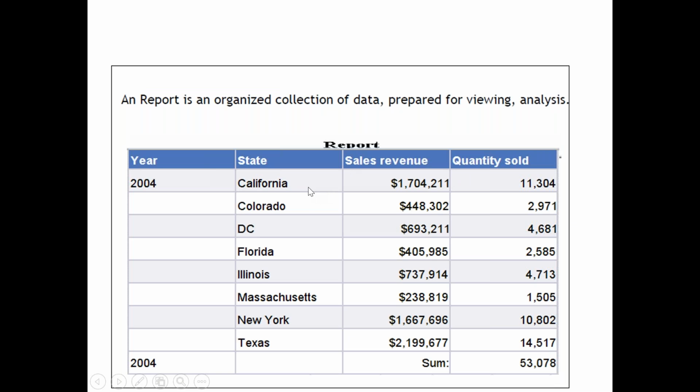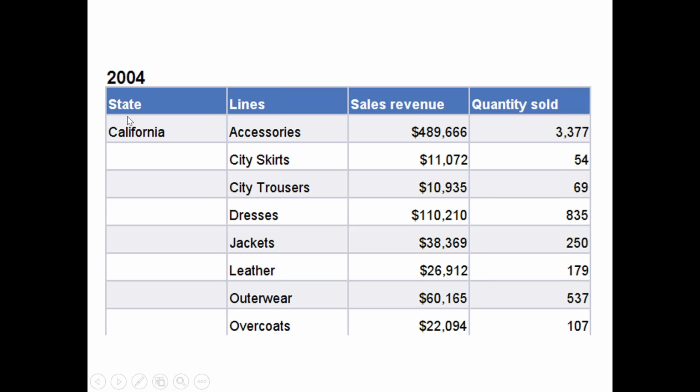And also, if I want to see a detailed analysis in 2004, I got this much revenue for California state. So for which product, what is the total quantity and what is the revenue generated for each product, I want to do the analysis. Okay, so you'll see that for California, for accessories, this much revenue was generated, this many quantity was sold out. So then maybe there is another column, what is the balance of this quantity. So we manufacture some 5,000 products. Out of 5,000 products,